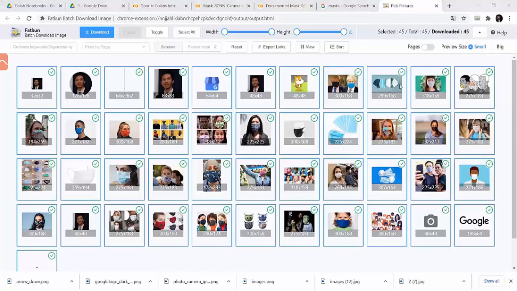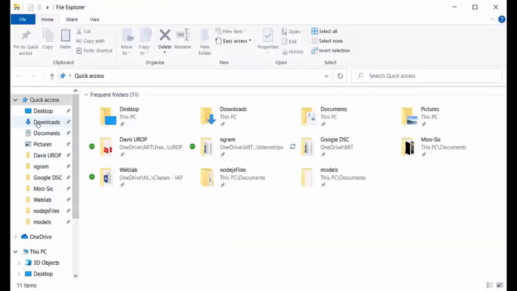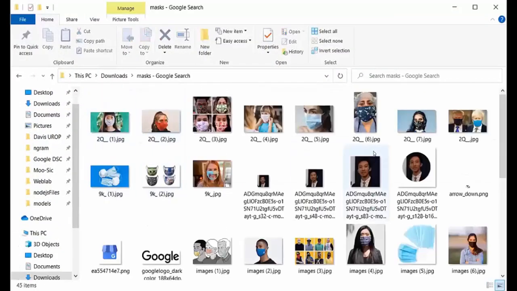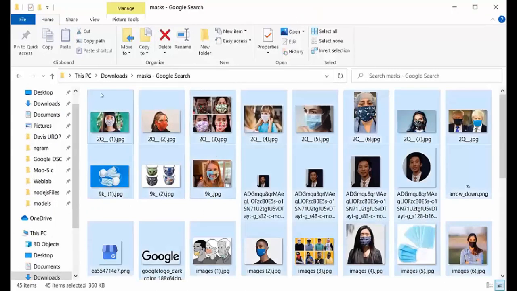So once we have all those images, we can go back to our file explorer. And if you go to our downloads folder or wherever it was, you can go to masks, and we'll see that we have all these images. So we can just do Control A, and